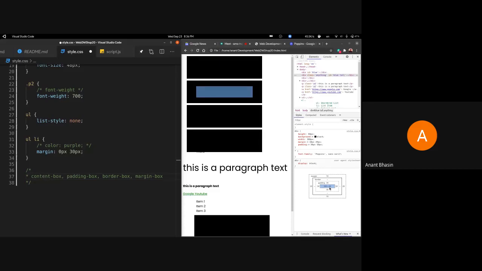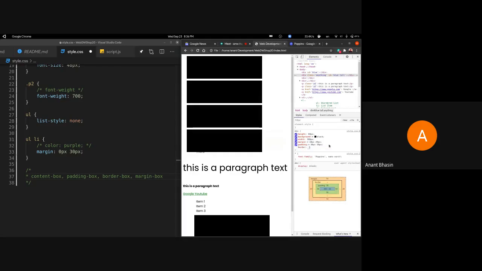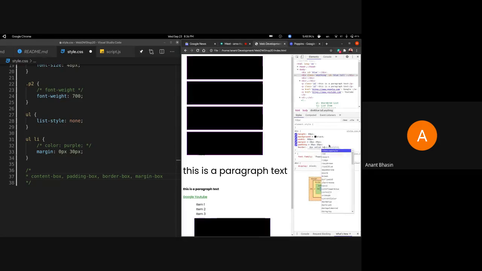Now, just outside of it is the padding. The boundaries of the green box constitute the padding. The padding in this case includes the 30 and 30 pixels on the top and bottom and the 50 pixels on the sides. That makes the whole element plus the padding take a width of 400 pixels, so 300 plus 50 plus 50, and a height of 60 plus 30 plus 30, so that's 120 pixels. That becomes the padding box. Now, just outside of that, we generally have the border. Right now, I don't have a border, but if I give it a border of 2 pixels, solid and red.